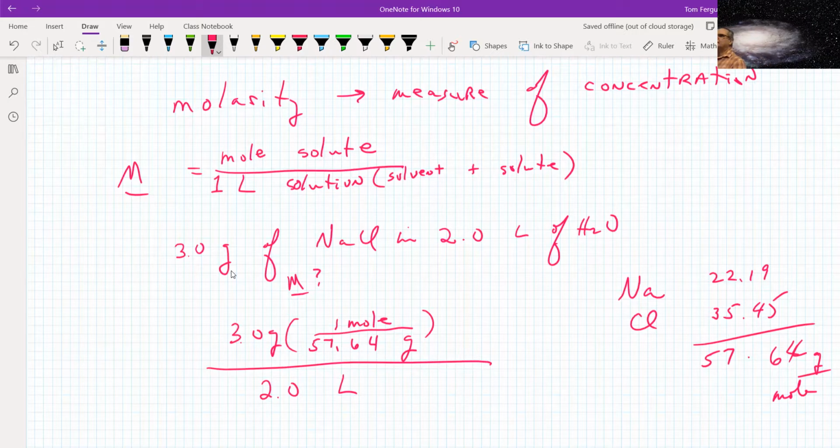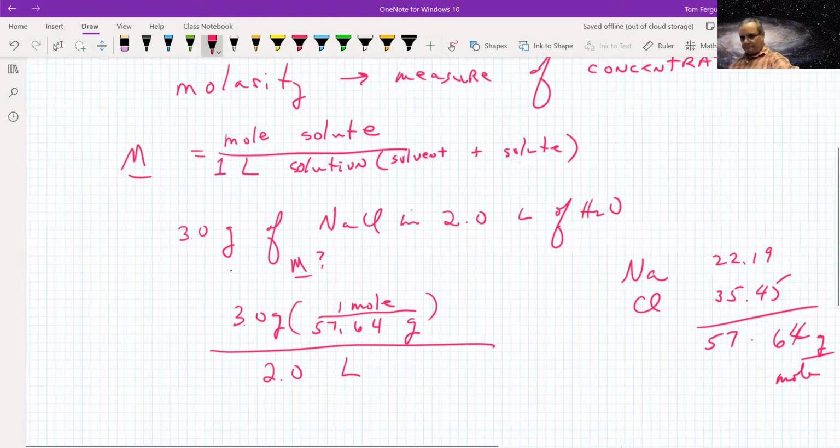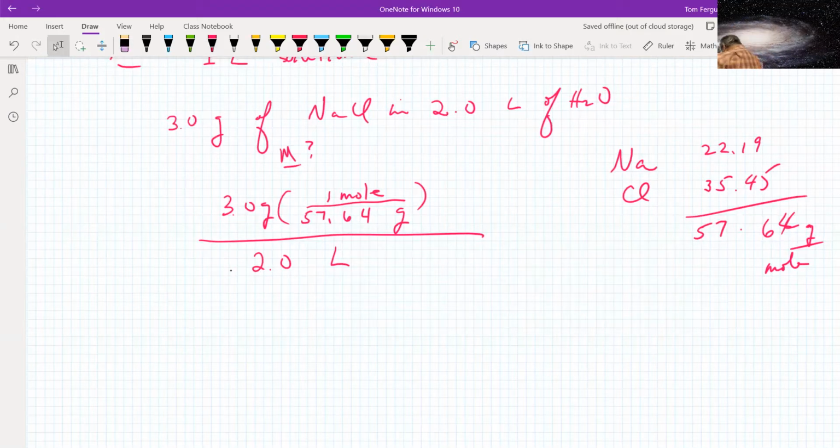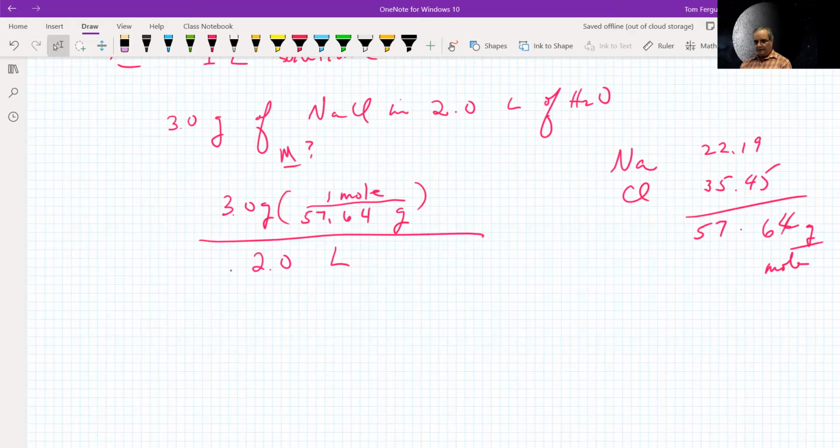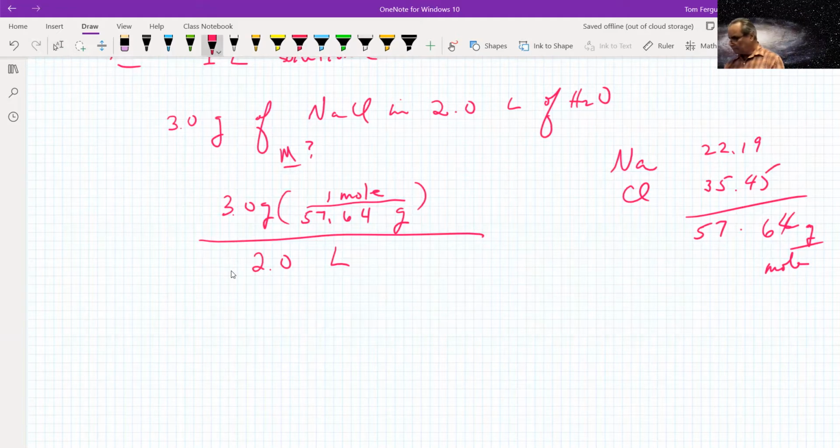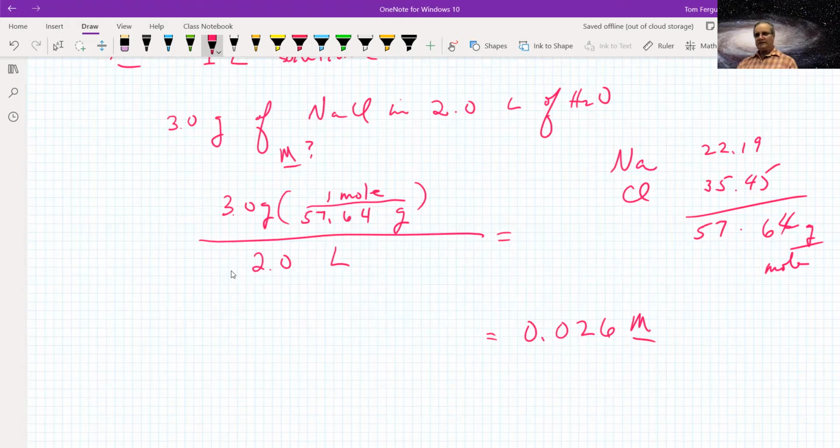All right. So to find the molarity, first we convert to moles and divide by the volume. And